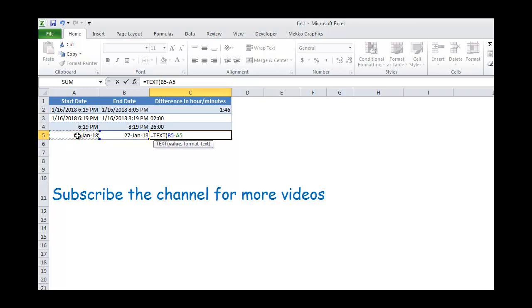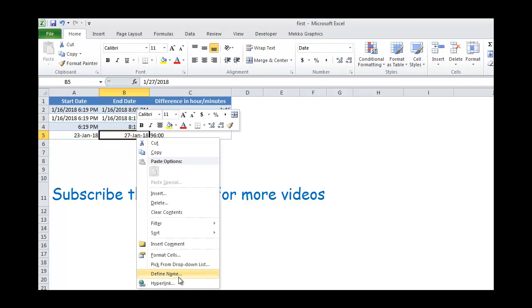It's B5 minus A5, and the format you already know. Let's say I'm providing the square brackets here. Now here, if I don't provide any square brackets around the parameter, it will give you 0. But you know that there is a difference of 4 days, so it will obviously give you 4 into 24. On cell A5, we don't have the time available, and similarly on cell B5 as well, we don't have the time. But if you change the format of this,